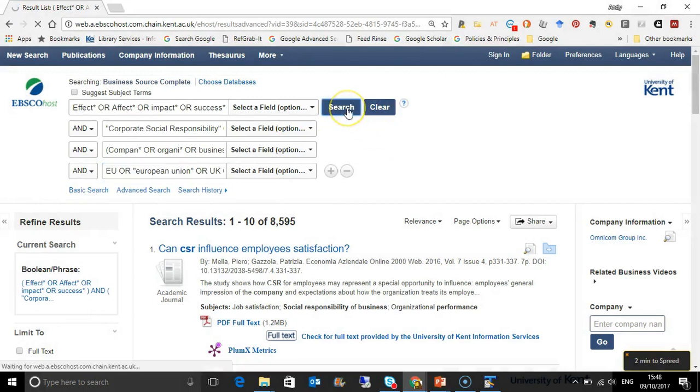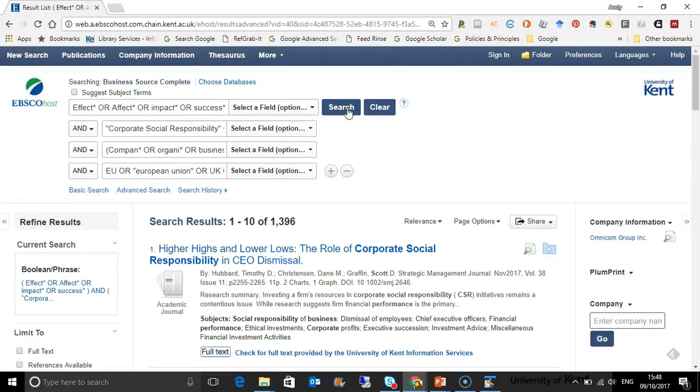So if we now hit search, that brings it down to a more manageable